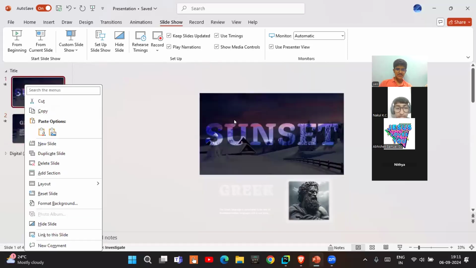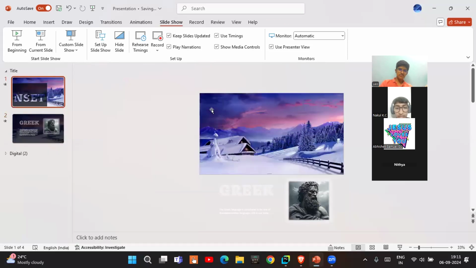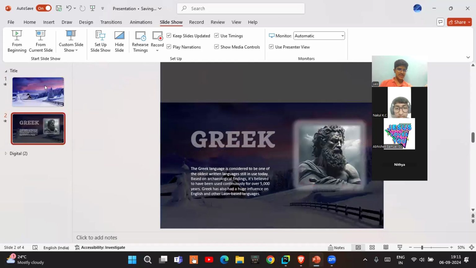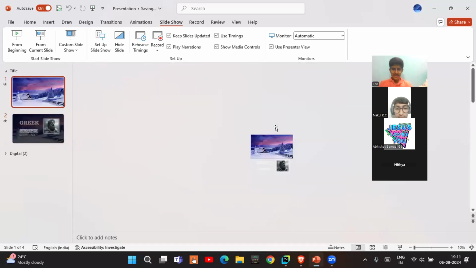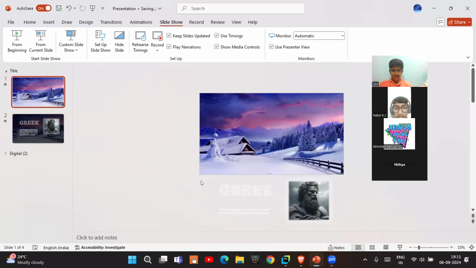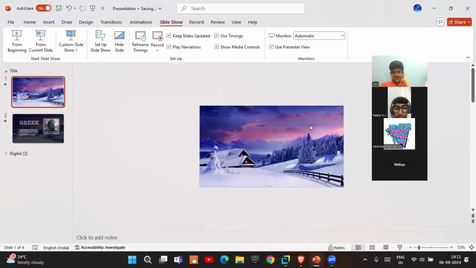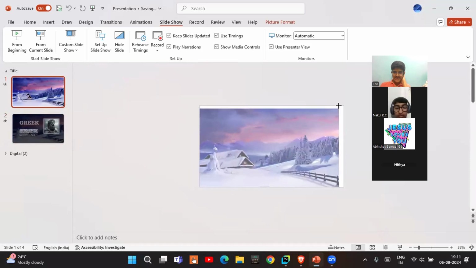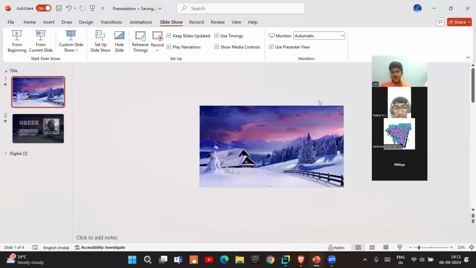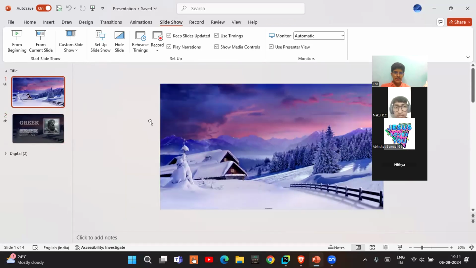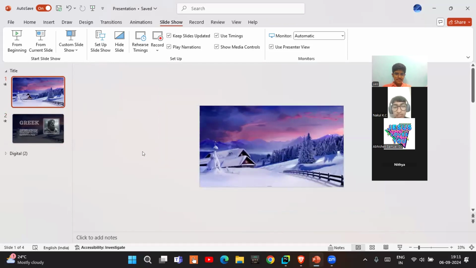So I took a random image. I'll delete this stuff. I took an image, then I expanded it so that it can cover the entire screen. You guys can do it if you want at the same time, but I'll not wait for you guys. You just see. So the image is ready, and next up we have